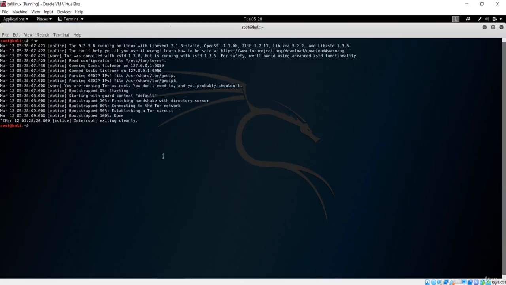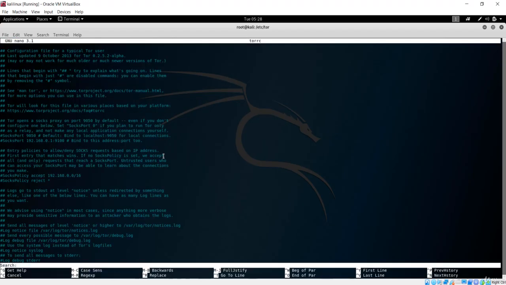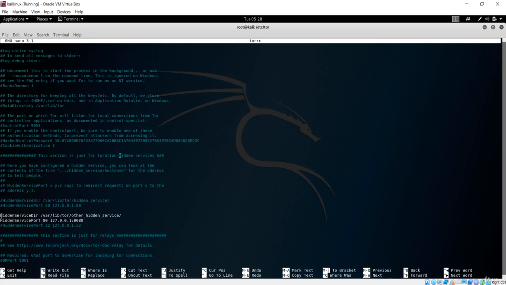What we just did was we went through this var lib. We entered into this tor directory and listed it, and we opened that torrc, and here we searched for this hidden services, and in this hidden services you have to uncomment only these two lines. In my case it was already used by another program, so I had to reboot again, and now we have successfully run this.